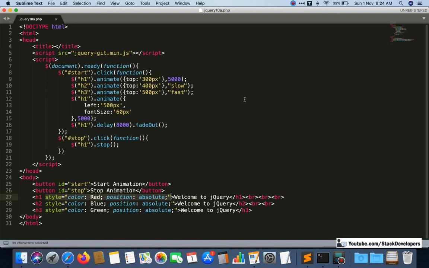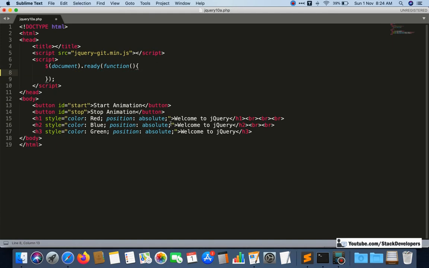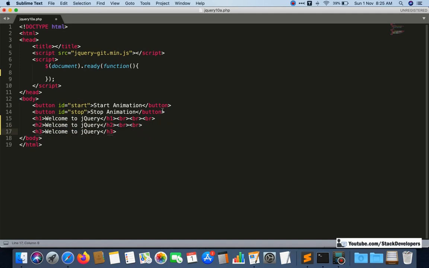I will remove all this code, and I'm going to remove the CSS as well. This we can remove too, not required, because we will add it with jQuery. The inline CSS we can remove, and these buttons also I will remove.